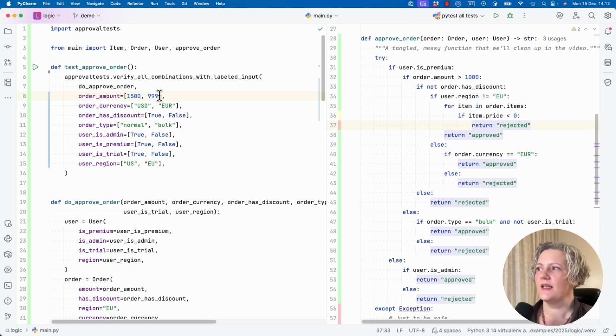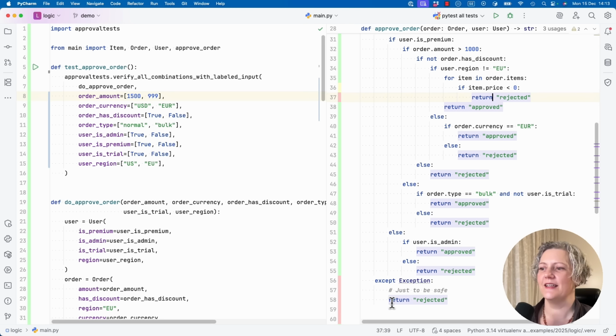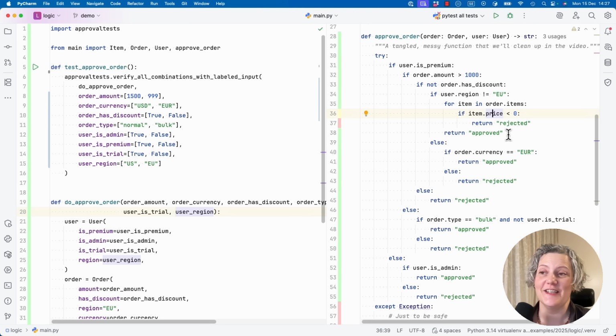So I've now got at least 2 values for each of the things I wanted to vary, and I'm covering almost all of the function. I've just got an item here where the price needs to be below 0 to hit this line of code. So I'm doing very well, and a few lines here where I need to throw an exception. I could continue and add coverage for these last couple of cases in this function, or I could add additional ordinary unit tests for those. I'll leave that up to you.